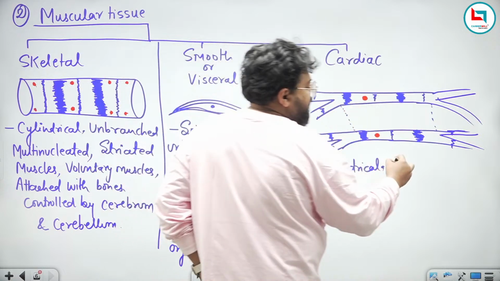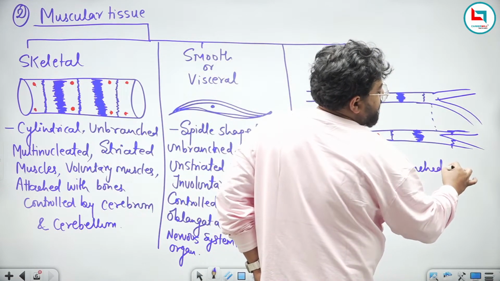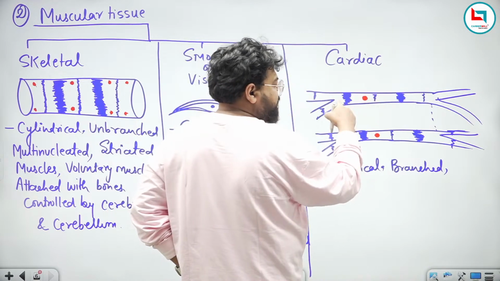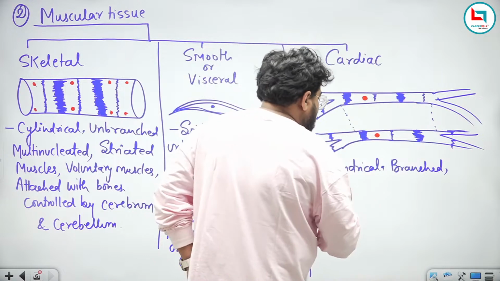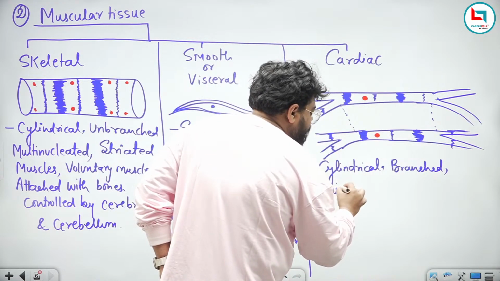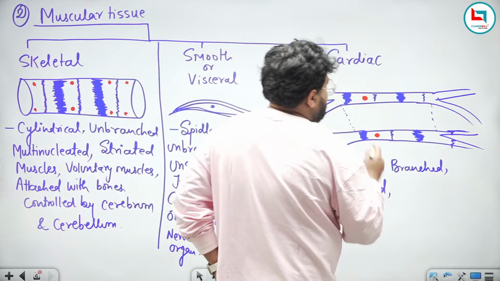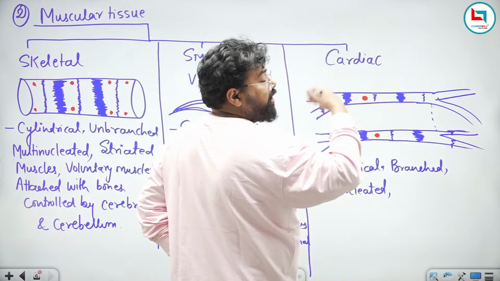Second thing, these are branched muscle or branched cells. These cells contain just a single nucleus. This is one cell, this is another cell. So there is one single nucleus. So these are uninucleated. Again, we can see the pattern of light and dark bands after staining these